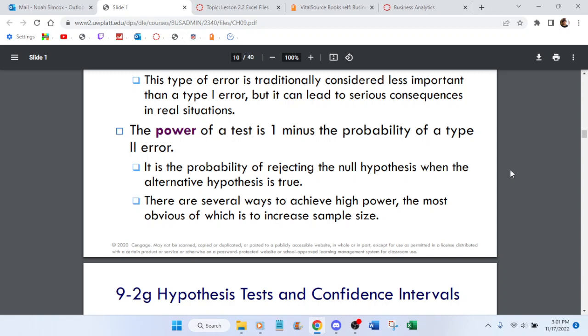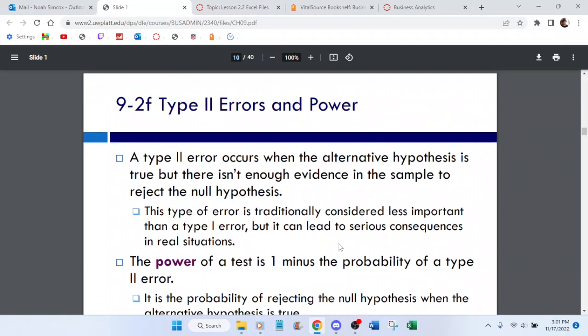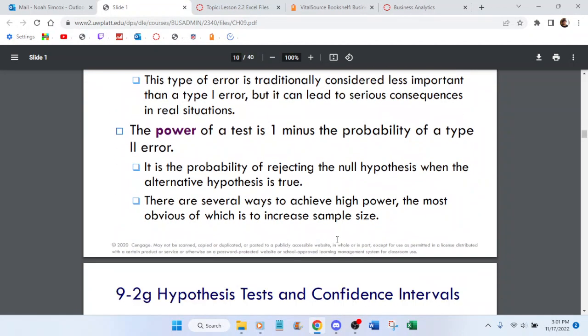Increasing sample size? This bullet point applies to this. The probability of a type 2 error is this bullet point. The probability of rejecting the null hypothesis when the alternative hypothesis is true. And the power of a test is 1 minus this. So basically, if you have the opposite, the power of